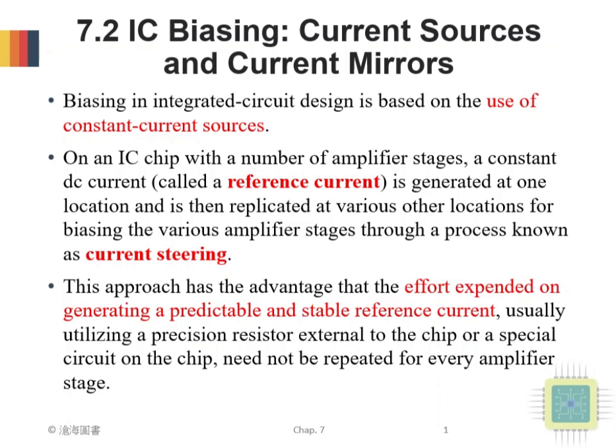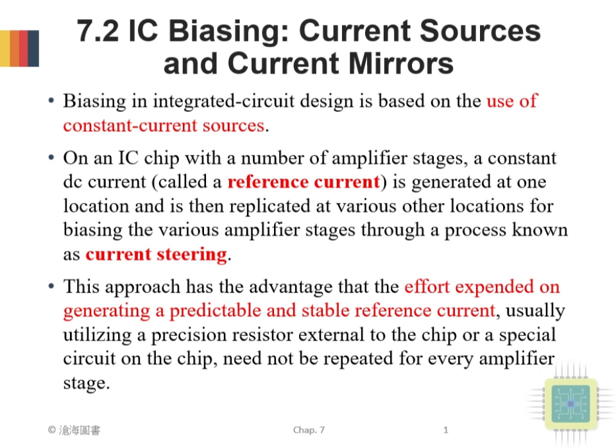In this section, we will talk about the most commonly used technique for biasing, current source, and current mirror. Biasing in integrated circuit design is based on the use of constant current sources. On an IC chip with some amplifier stages, a constant DC current, called a reference current, is generated at one location and is then replicated at various other locations for biasing the various amplifier stages through a process known as